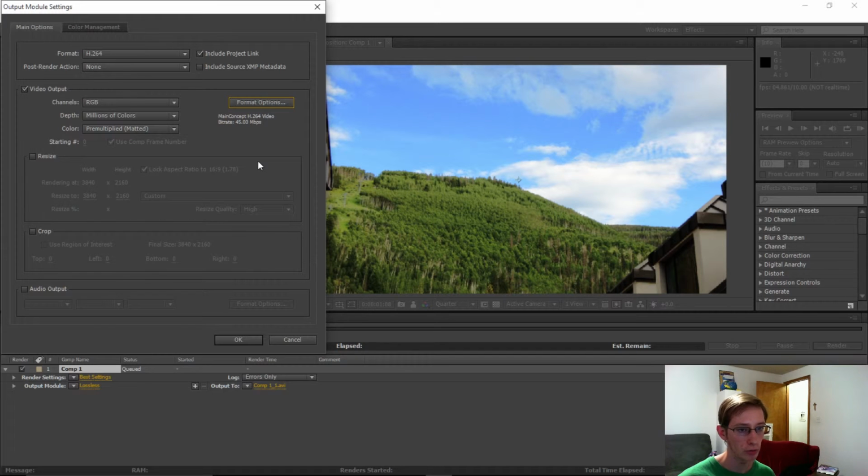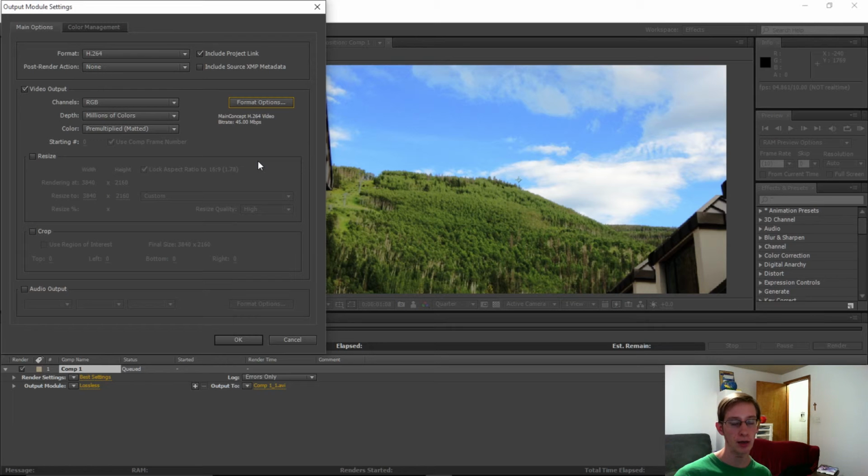If you're exporting for any kind of web, H.264 is usually the best way to go. When you're choosing render settings, essentially you're balancing quality versus file size. And for web video, you want smaller file size, that way it's easier to stream. But if you're working in essentially anywhere where you don't need a small file size, you want to have high quality. So say if I was just going to be saving this on my computer and showing it to people on my computer,